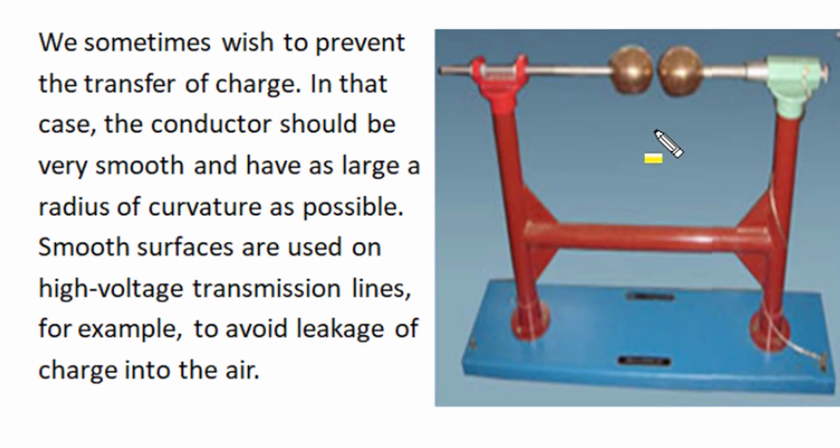Many times we want to produce a high voltage between two conductor surfaces and wish to prevent the transfer of charge from these surfaces. In that case, the conductor electrode should have a very smooth surface and a large radius of curvature so that surface charge density will reduce. There won't be any strong surface electric field, and these electrodes can sustain high voltage without causing breakdown of the surrounding media. To find out the dielectric strength of oil, in an oil test set we use spherical electrodes and they are immersed in oil for testing, and high voltage is applied between the spheres to find out the dielectric strength of oil.